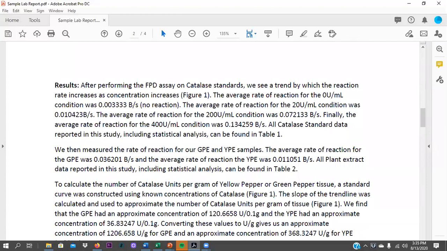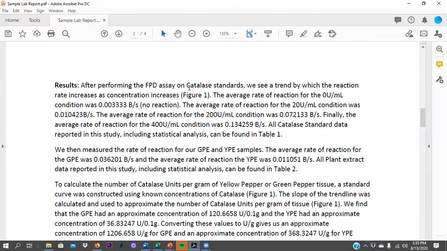The next section is your results section. This is where you will report all the data that is collected in an experiment. And you will do this in 2 ways. The first way is in paragraph form, where you will write out the data and trends observed. For example, here,